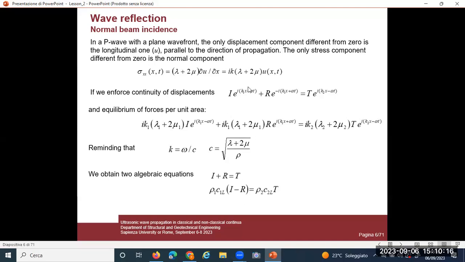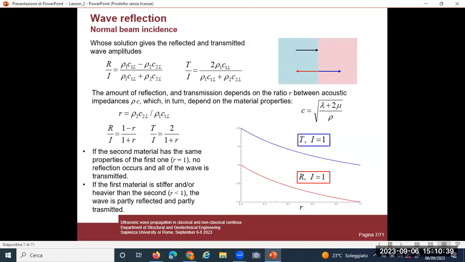If we enforce continuity of displacement and equilibrium of forces, we obtain two equations which are made like that, because you see that all the quantities are represented by these exponential terms, which describe propagation in time and space, which is exactly the same for all the terms. Therefore, we obtain these two algebraic equations that can be solved and enable to obtain the ratio between the reflected amplitude and the incident amplitude, and